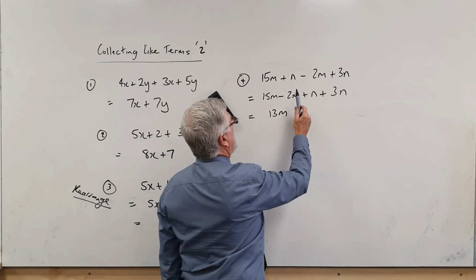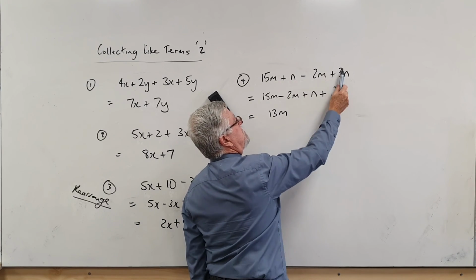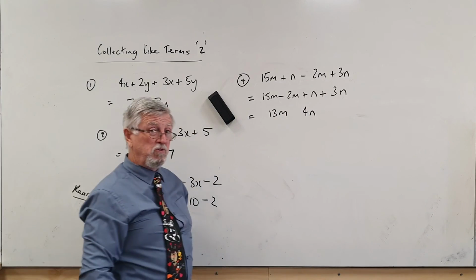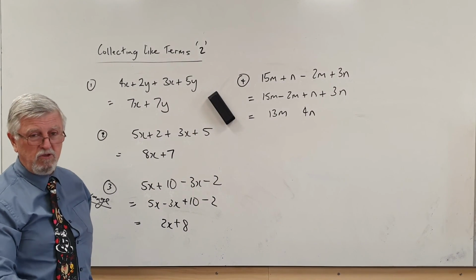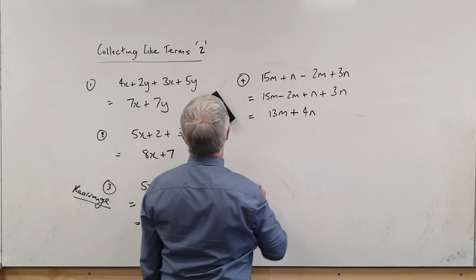Now people get caught and they go n minus 3n, it's not, it's n plus the 3n. So the n plus the 3n is 4n, and I see student after student will leave it like that, and teachers will mark it wrong because you didn't put the plus n in. So that's collecting like terms too. Let's see if